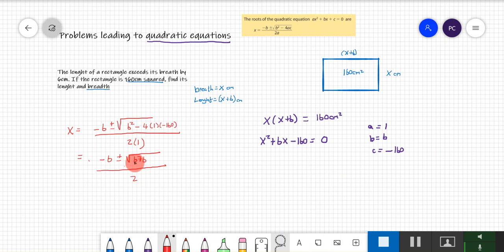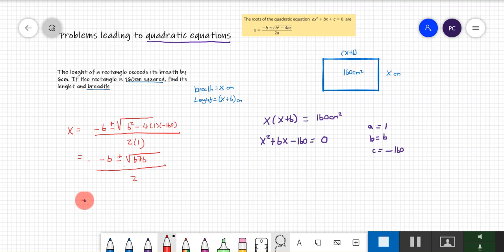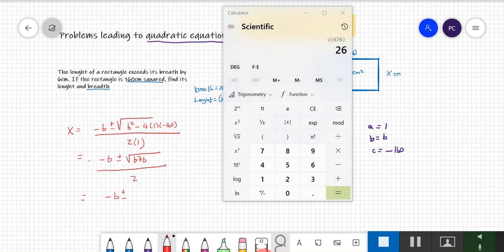We want to get the square root of 676, and if we get the square root of that, that's equal to 26. So we'll write this in here. So it's going to be minus 6 plus or minus 26